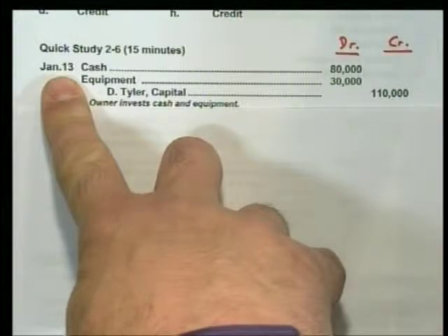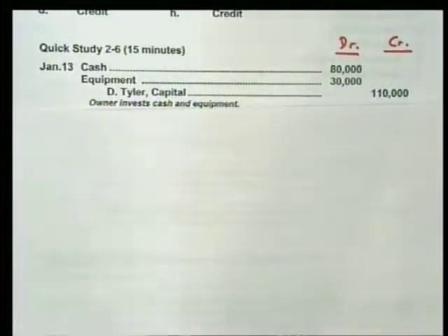Okay? Now, we're at the point where you guys need to start self-monitoring yourself as far as, am I getting this? If this quick study right here was, you're like, I don't have any idea how to do this, then we need to meet for office hours or go to tutoring or something. Because I want this to become very familiar with you. So be sure to monitor yourself as far as if you're not understanding this.